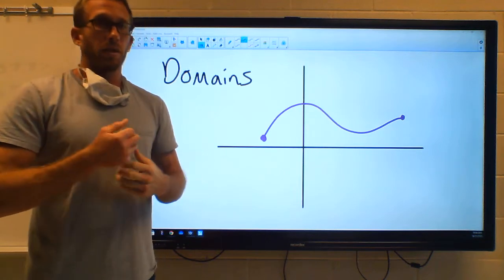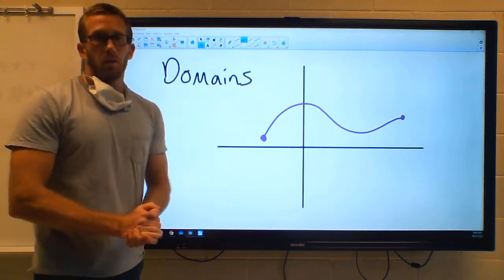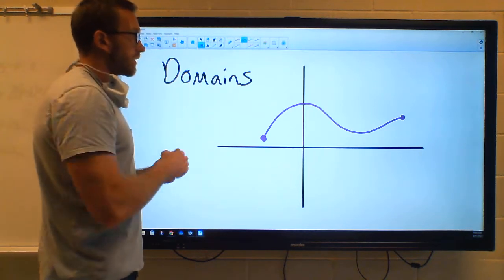We are talking now with a new unit, and I just wanted to review a couple skills right quick. So first skill I wanted to go over was domains. Okay, so if you guys recall,